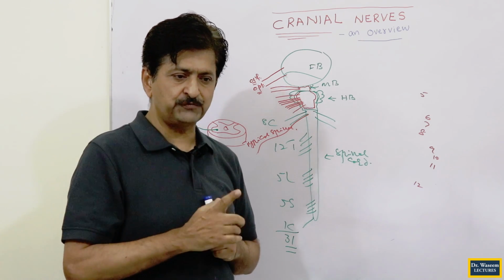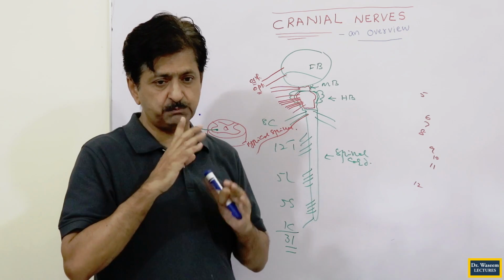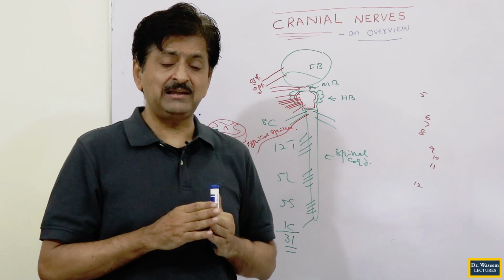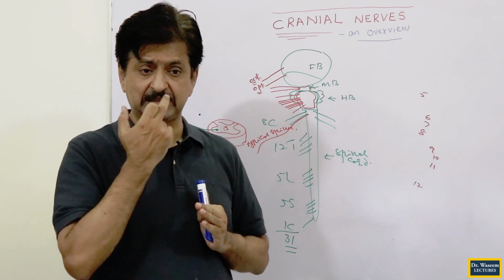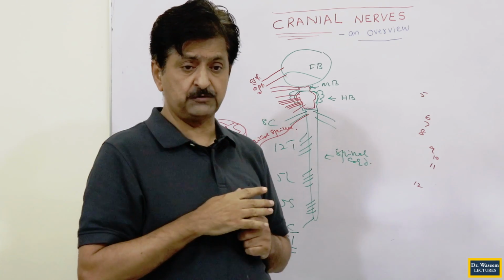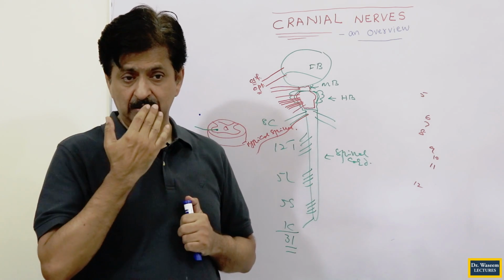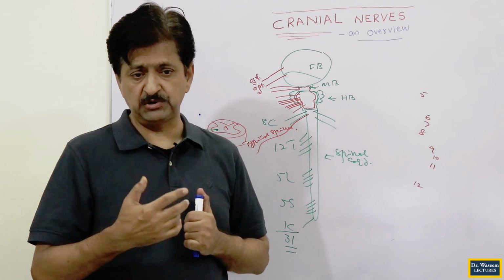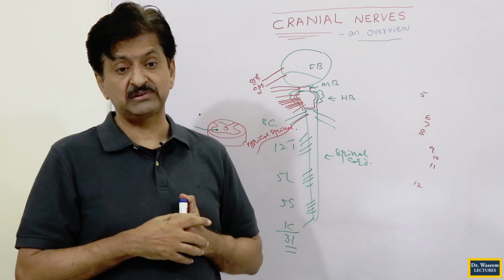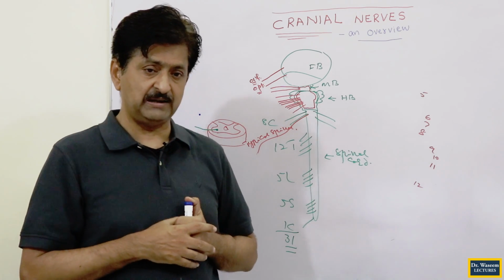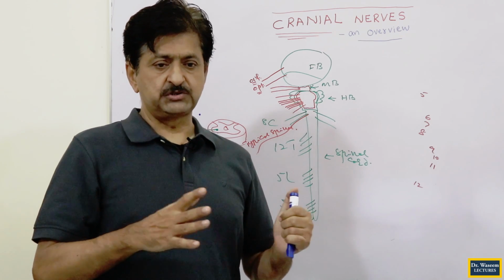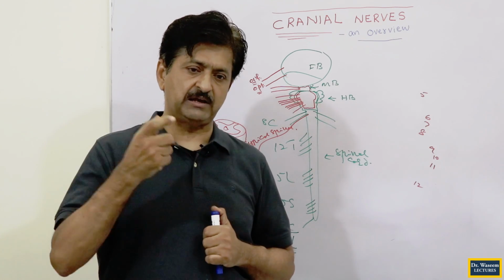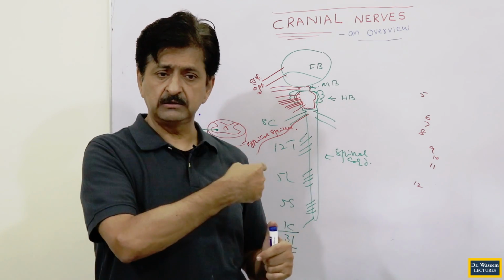And I will tell you that the special senses have these three specific, special nerves, which will carry the special senses from these organs, like the smell from the nose, from the roof of the nose. The chemicals will touch the receptors through the air, and transduction will take place there, because the olfactory receptors are present there. They transduce the stimuli into impulses, then these impulses are carried by the nerve, and that nerve is called the olfactory nerve.